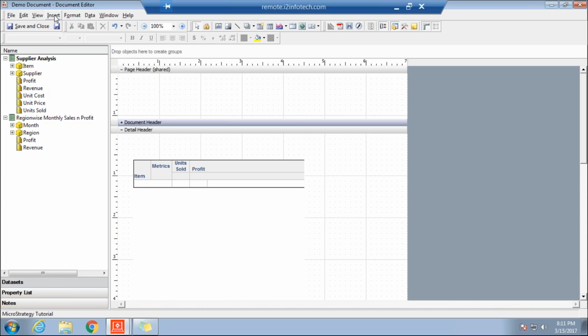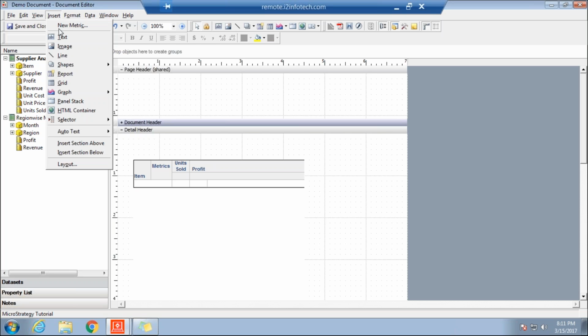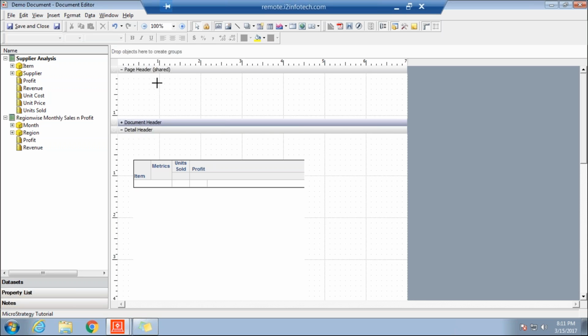A lot of options will be there under the insert menu. Just get to that insert menu and choose the option text. Choose text, and then place it at whichever place you want. Place that text box and then write whatever information you want. Say for example, I want to write profit analysis,